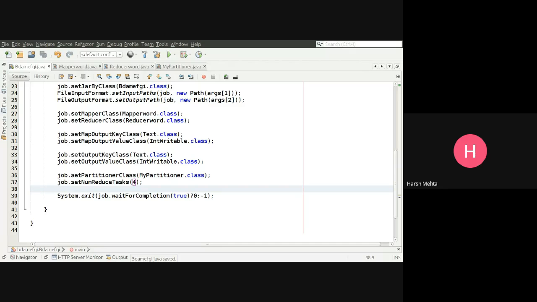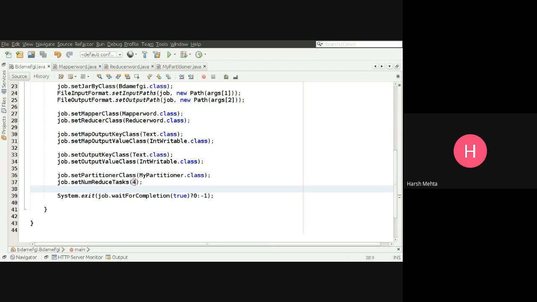Let me check. Okay, nothing is left. Everything is done. So the partition class we have defined. Simple logic.